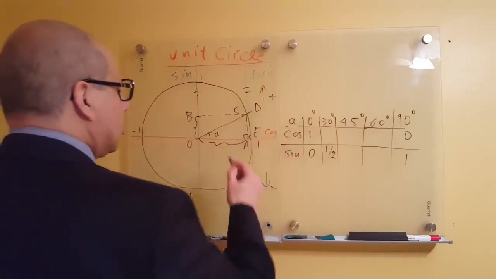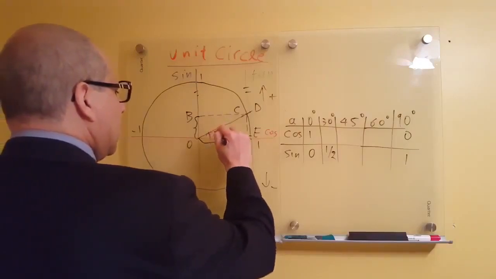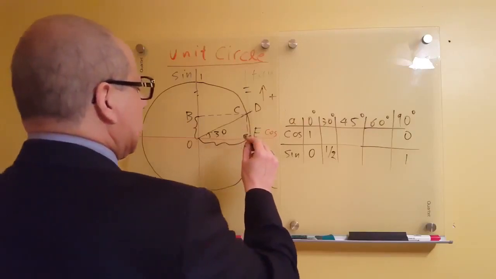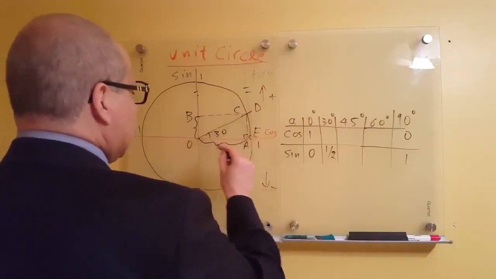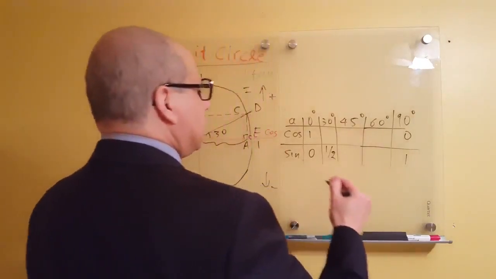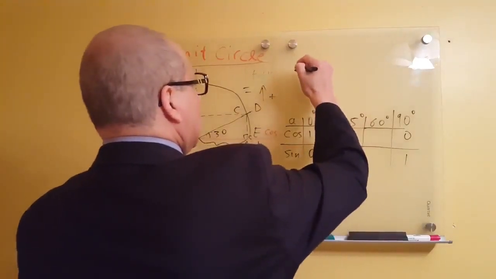So we know the cos, let's say that this here is 30, okay? So we know that the cos is this here, so it's OA. But what we have is that the OA,